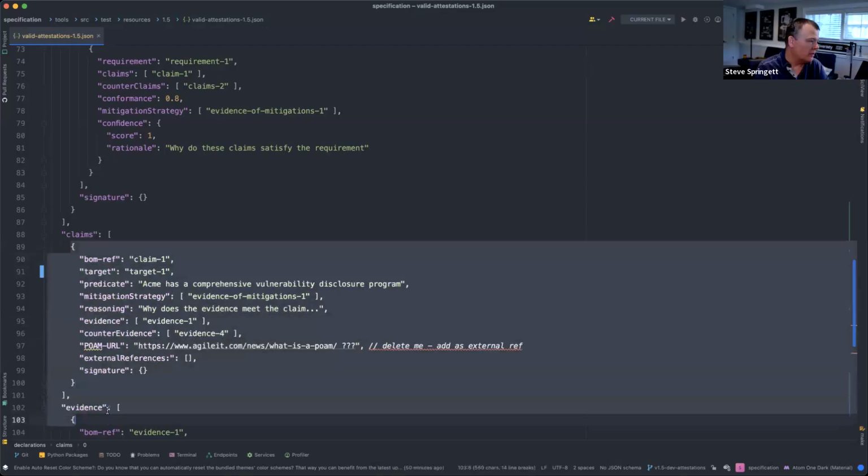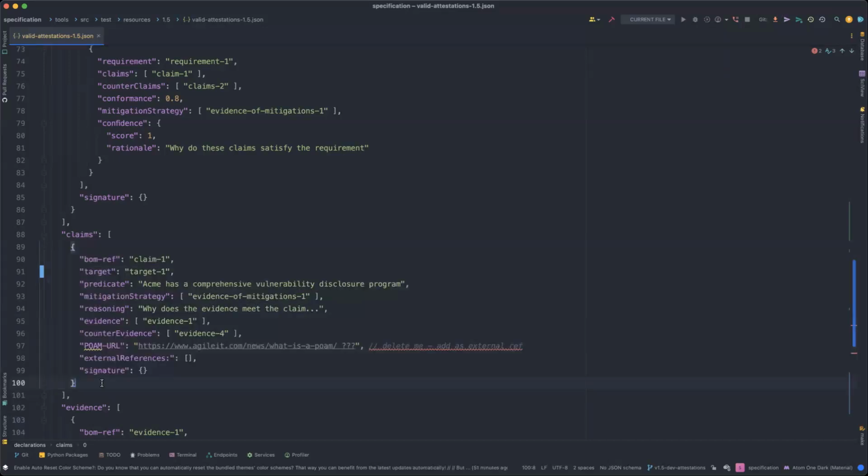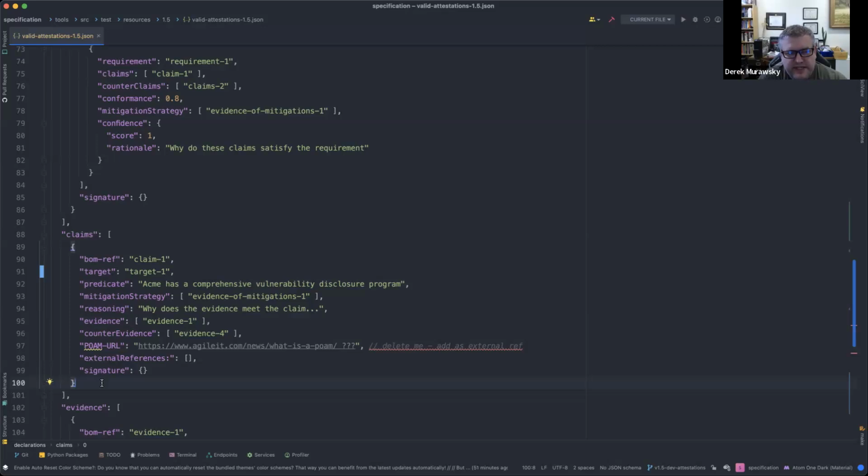But I would have to repeat this a dozen times and supply probably the same evidence. Right. So what I'm saying is the target in the claim would be for the team, and the target in the attestation will be for the products. But what Steve's saying though is that if we did that up in the products, we would need a claim for each of the teams that's responsible for each of those products, right? On the one hand, I do think that granularity is good because you could then be supplying the evidence and the bits for every single piece of the team. On the other hand, you could do that just by having the claim support multiple targets.